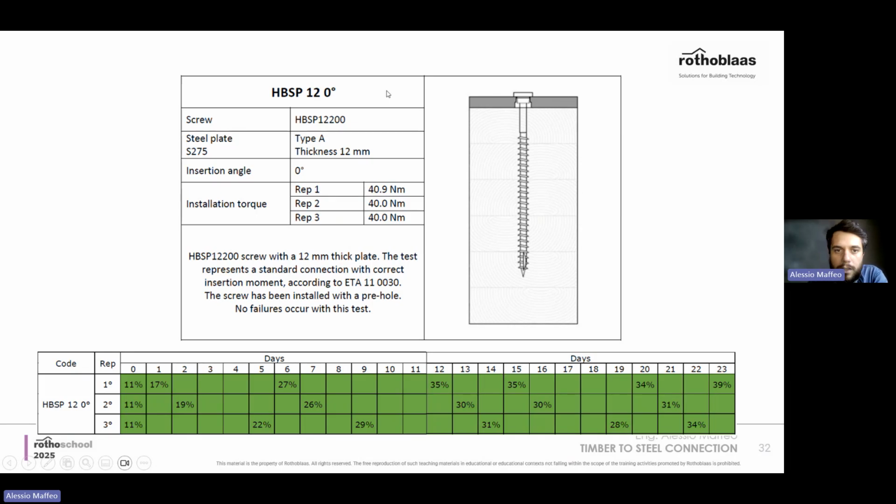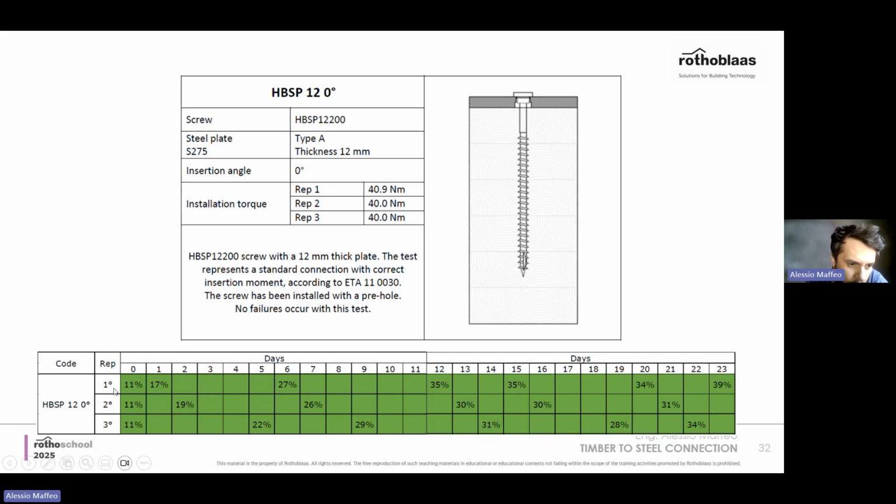Now, this is the right installation. This is a correct installation. So it's a straight screw with the right installation torque. If you don't know where to find this torque, now is not the time to see it. There is specific documentation on where to find the installation torque, and in case you can reach out and we can speak about this, but it's not now the time to check exactly which are the data. But just know that 40 Newton meter for a HPS plate, so for a partial thread screw for plates, diameter 12, this is the right torque.